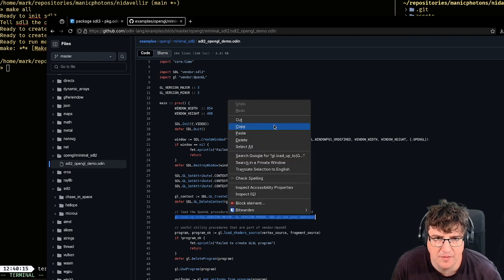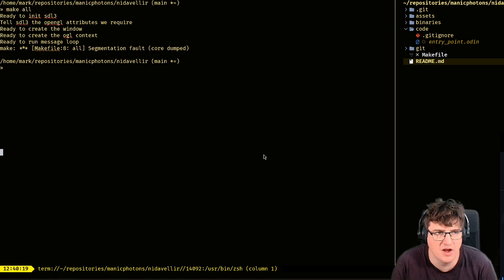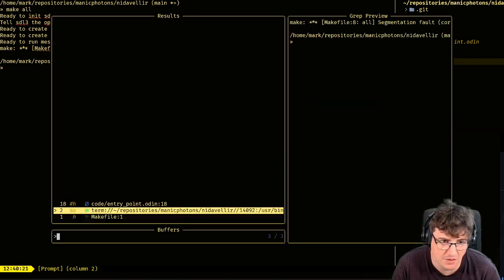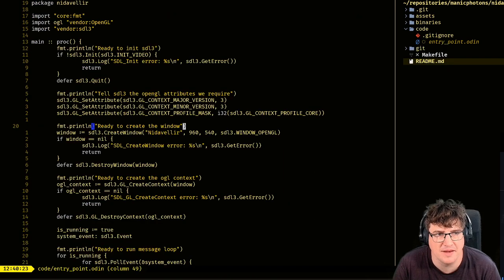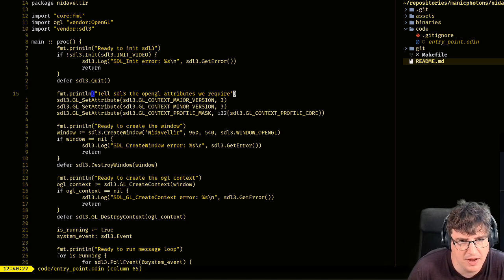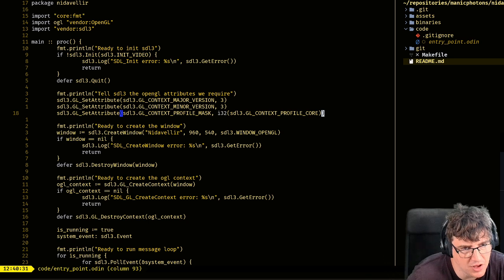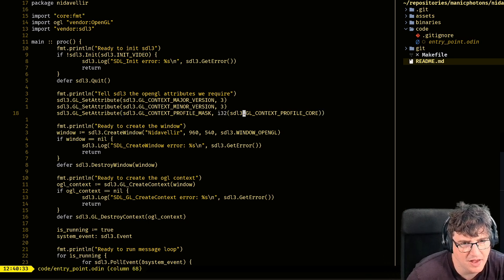I think that's what's going on. So that would make a lot of sense. Let me explain. I am telling SDL3 about the version and profile I want to load for my SDL context once I create my window. Then I create my window using OpenGL.